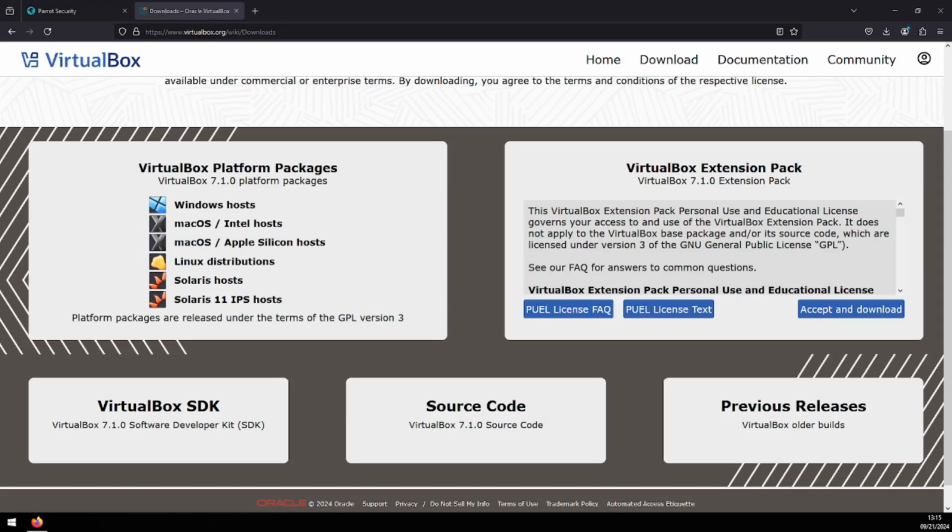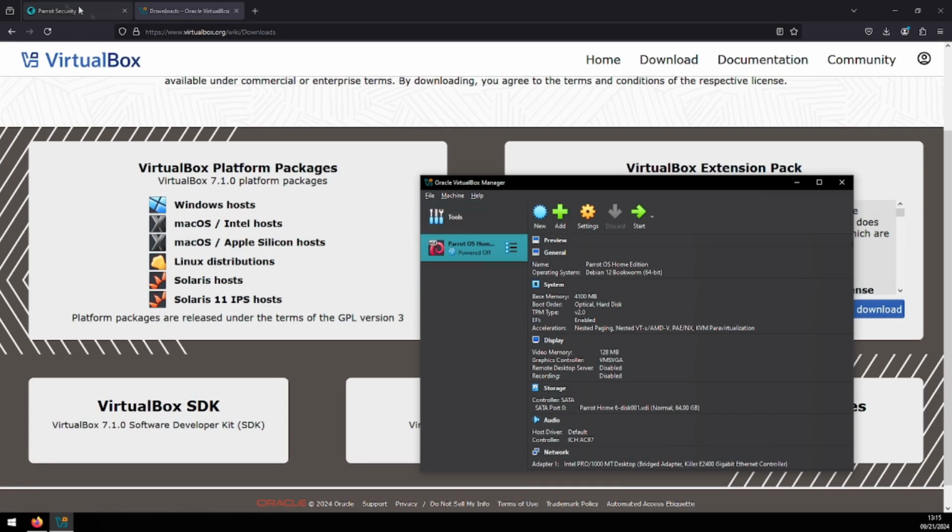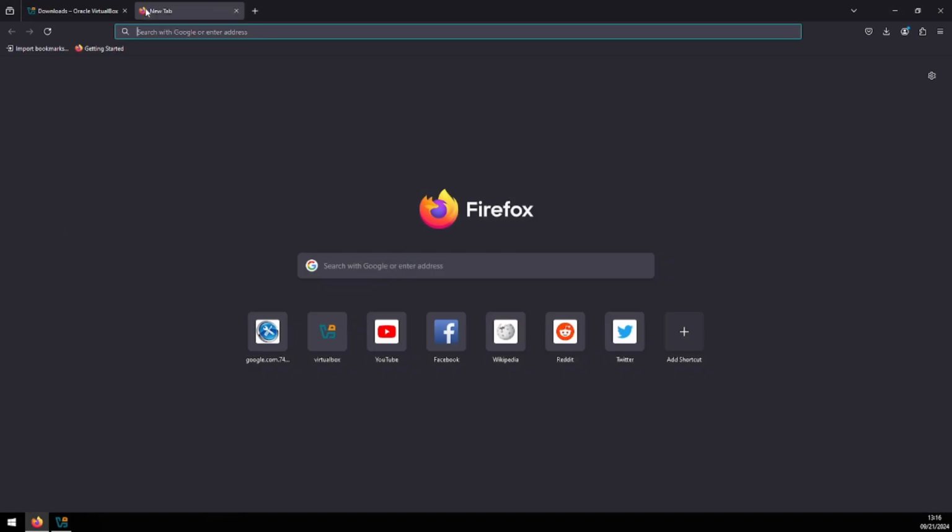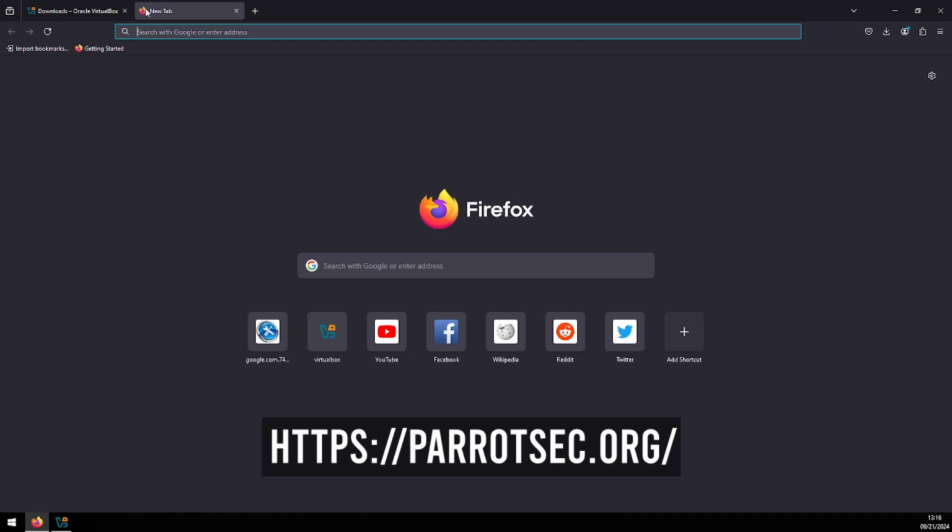So now that we have a VirtualBox, we should now install ParrotOS. So how are we gonna install ParrotOS? We need the installation image, and this image is actually downloadable on their website. So go to your preferred browser again, type the following URL,